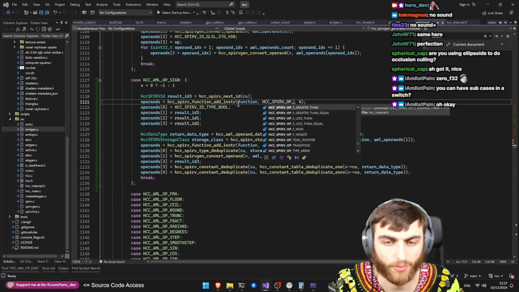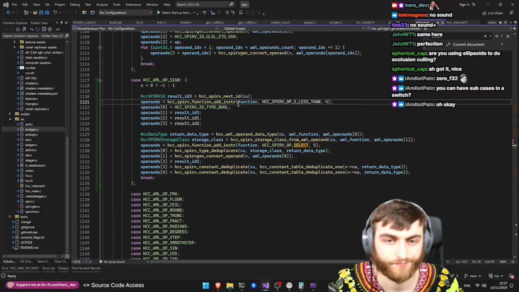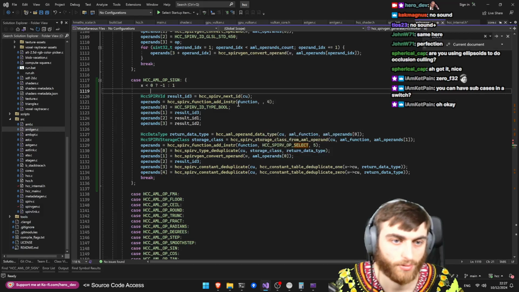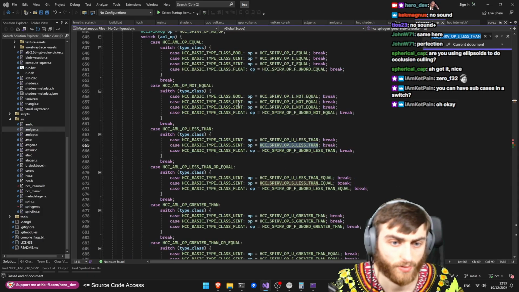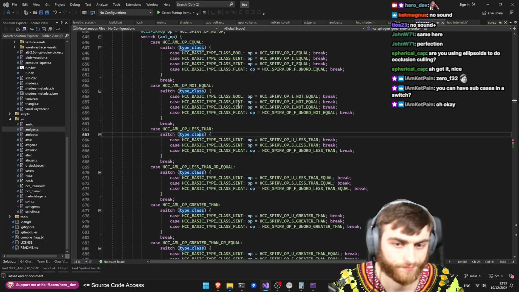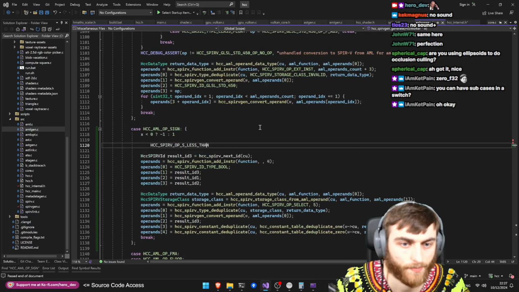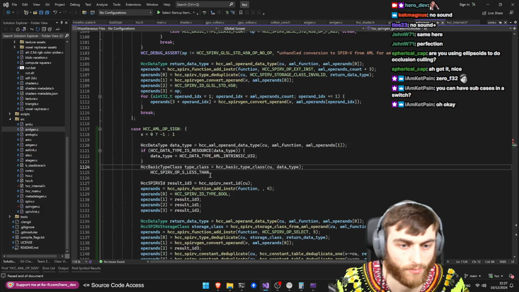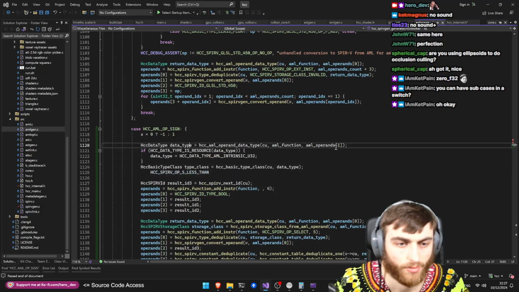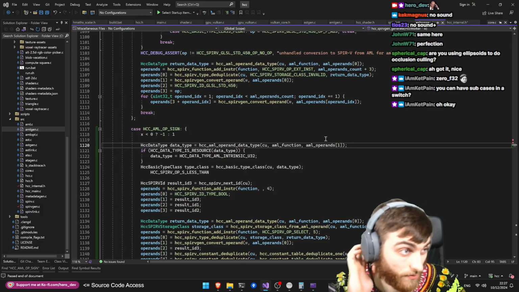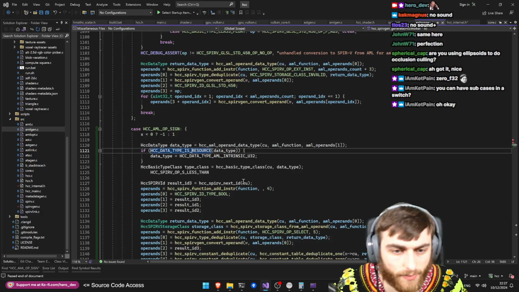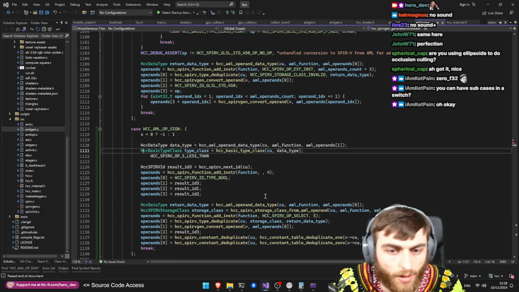Okay, so we've got to actually select two different ones, depending on the type. So type class of the data type. We'll figure out that. Operand 0 will be the return, 1 will be the first argument. We only have one argument, so that'll be it. Get the data type, get the type class, and we can use the type class to know